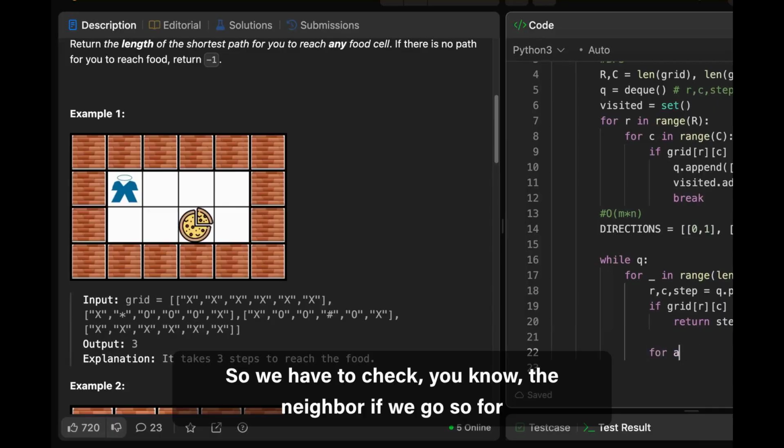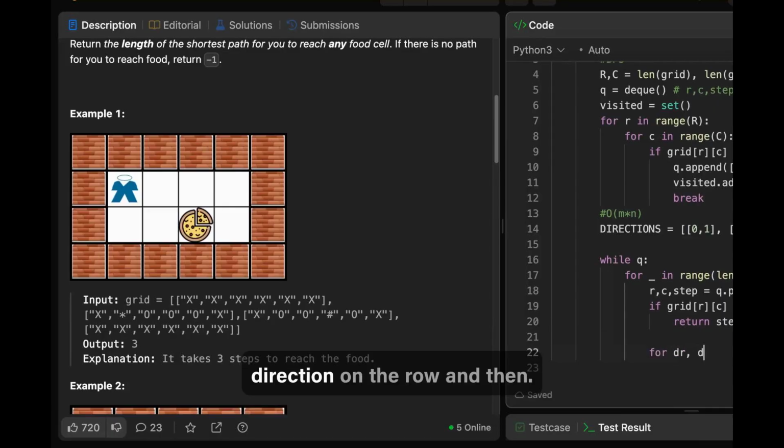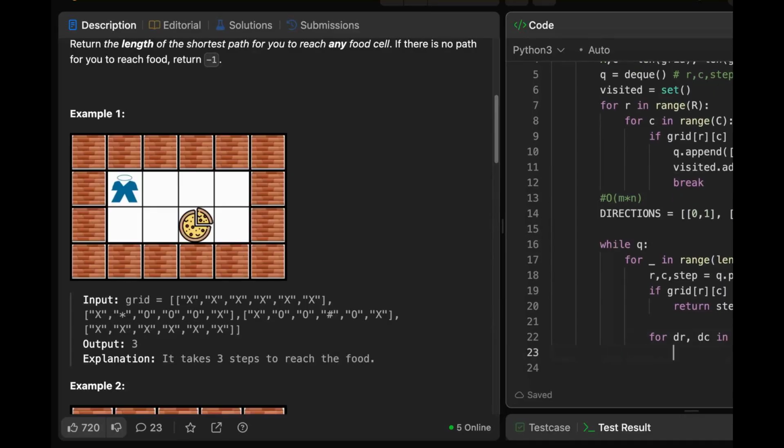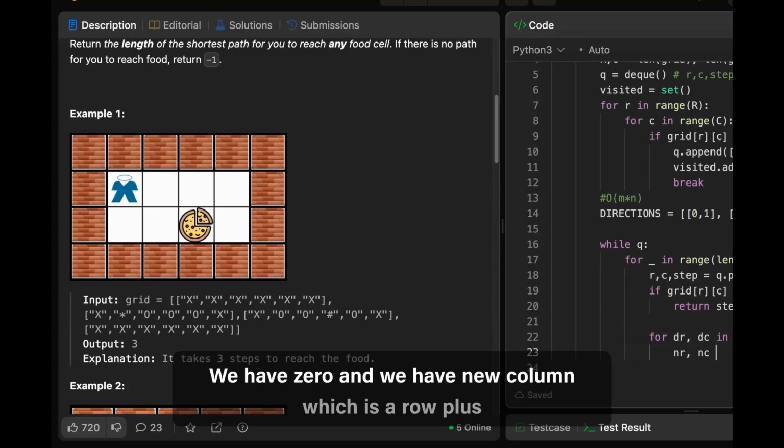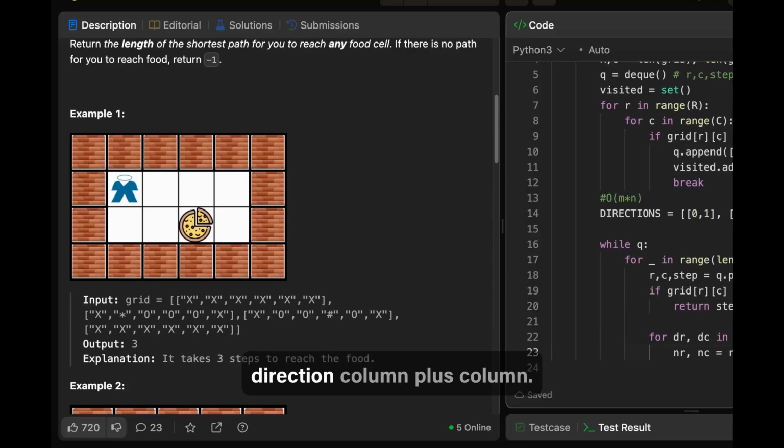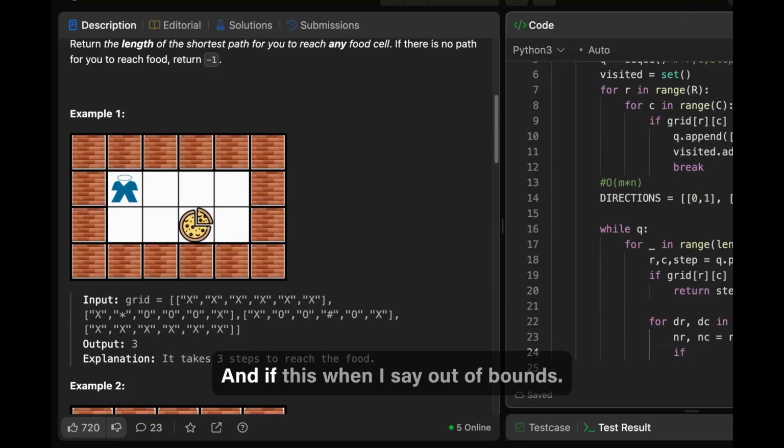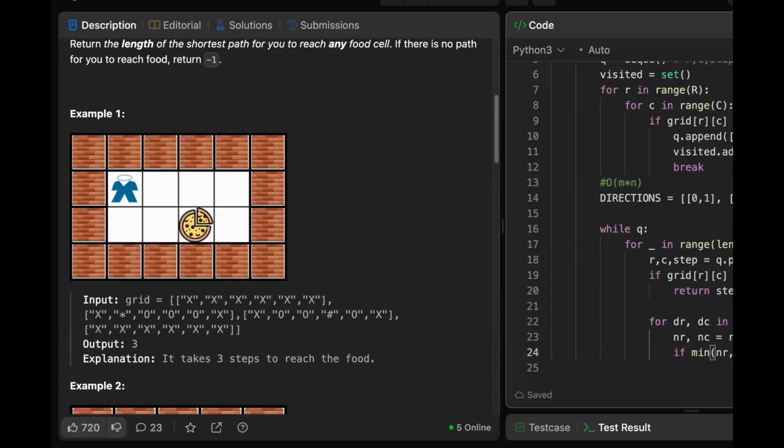So for each direction in the directions, we get the new row and the new column, which is the row plus the direction row, the column plus the direction column. And if this is out of bounds,